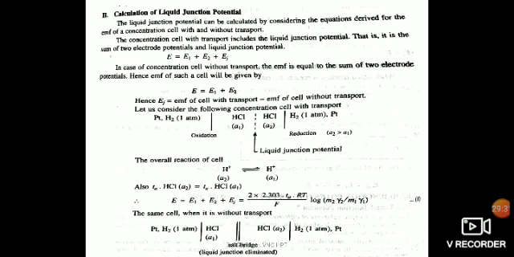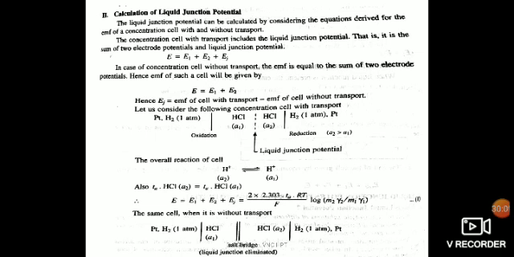At the center, at the junction of two HCl's of activity A1 and A2, we are observing that liquid junction potential arises, where that arrow mark has been shown there. The overall reaction of the cell is H+ of activity A2 giving rise to H+ of activity A1. So also we can write that as t_A times HCl of activity A2 equals t_A times HCl of activity A1. Therefore, E is equal to E1 plus E2 plus EJ, and that's equal to 2 into 2.303 into t_A into RT by F into log of m2 gamma 2 by m1 gamma 1. Call that equation 1.